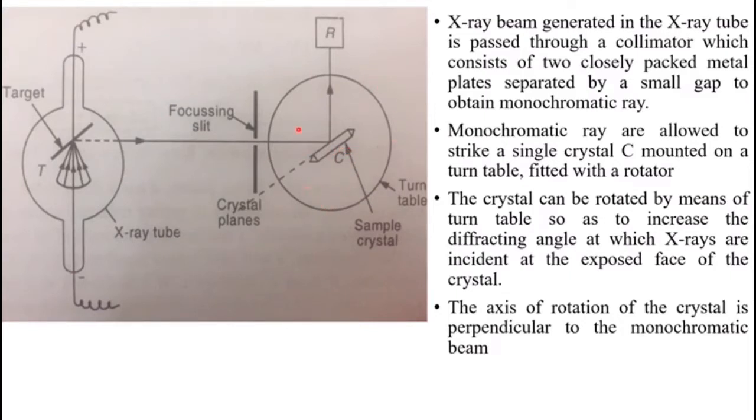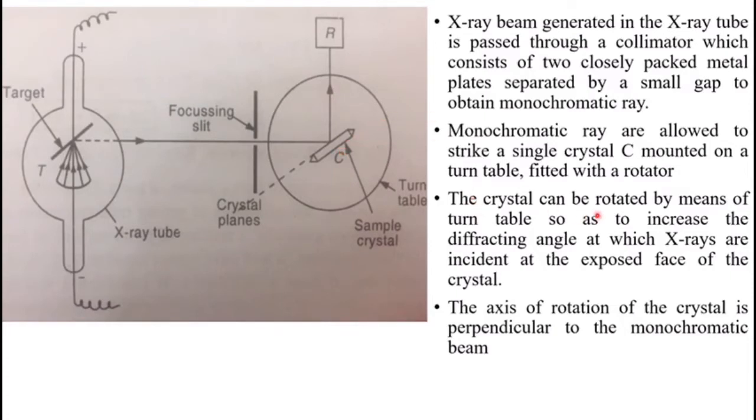Why do we want to rotate this turntable? In order to get access to all crystal planes with this X-ray. We know that different lattice planes are available, like 100, 110, 111, etc. Suppose in this crystal, this plane is 100. When the X-ray strikes this crystal, it will be diffracted or reflected and the diffracting angle will be given. Then when we move this turntable, another lattice plane will be available, for example 110. So we will get another diffracting angle.